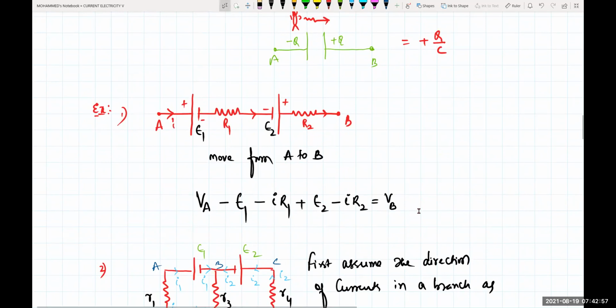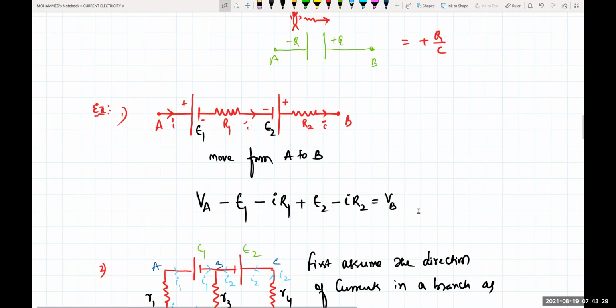Okay, now, beta. When I'm going from A like this, a cell comes and I'm crossing it. When I'm crossing and going towards the resistor, what terminal am I able to see, beta? Negative. So at A the potential is VA. Moving from A to B, at A the potential is VA. When the cell comes, I'm ending at the negative terminal, so minus E1, and I'm moving in the direction of current. The current is also moving in this direction I, and here also this is the direction of current I. So it is minus I into R1.